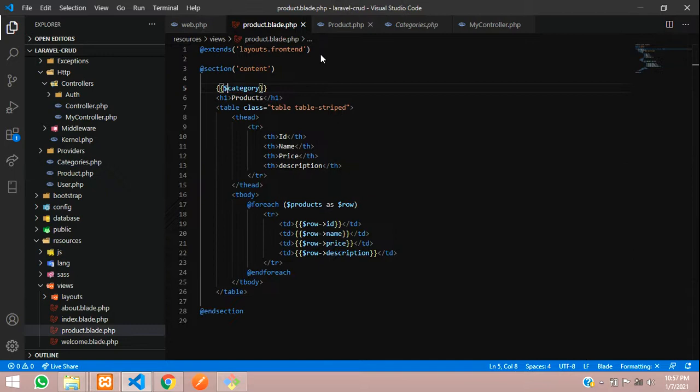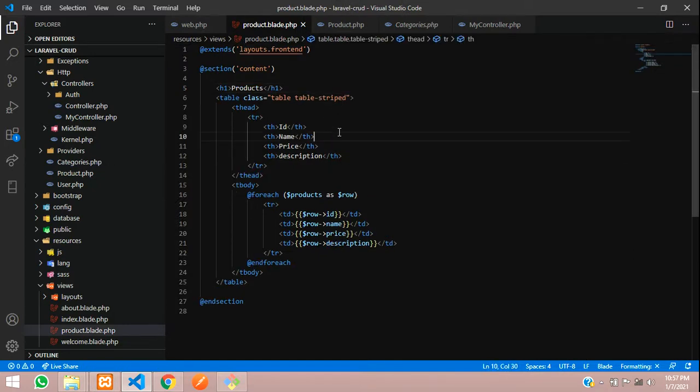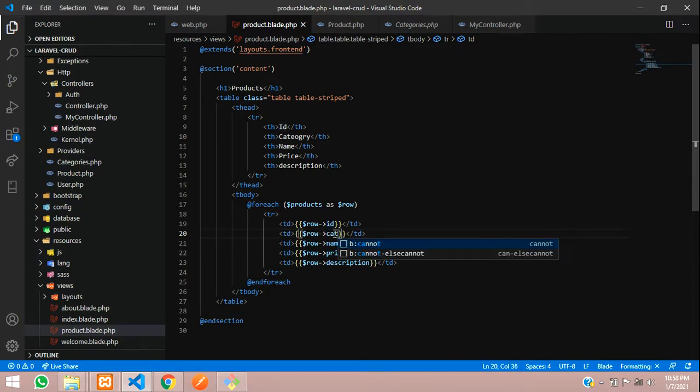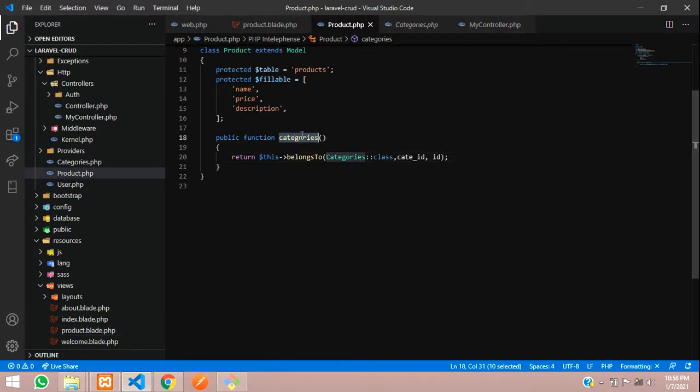We will go here and let us remove this. Let us add one more column here. We'll write category, which category this belongs to, and just copy paste this. Now add the function name which we had given over there, categories of name. I misspelled this function name, so let us better copy it from there to avoid any errors.